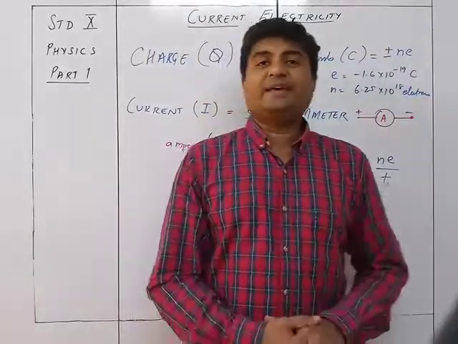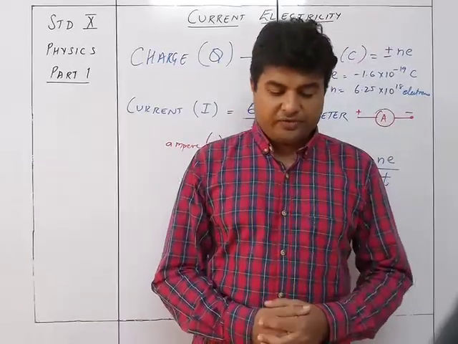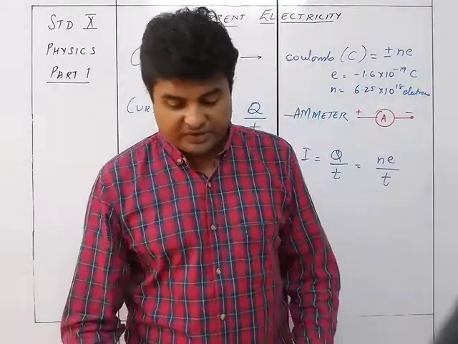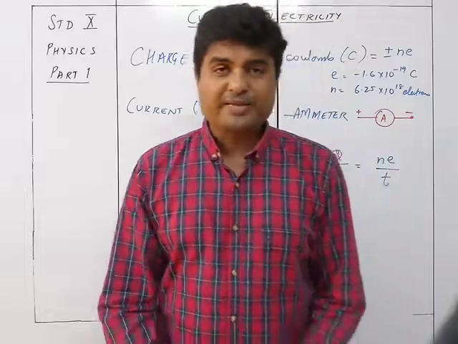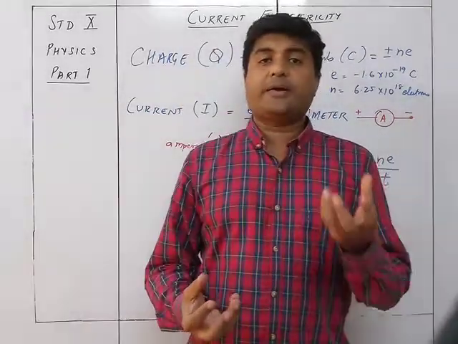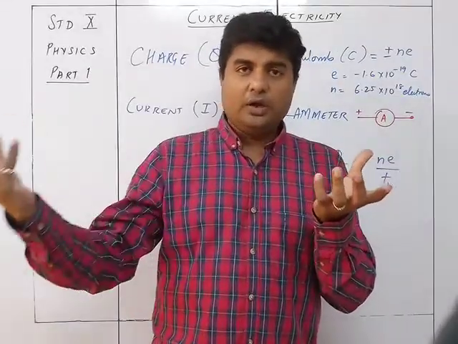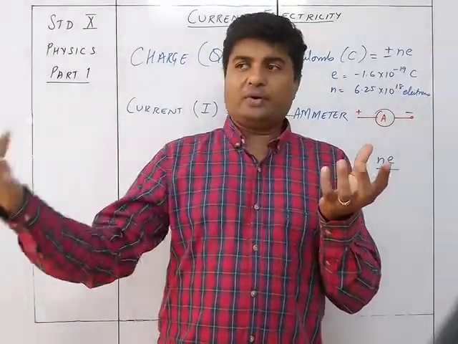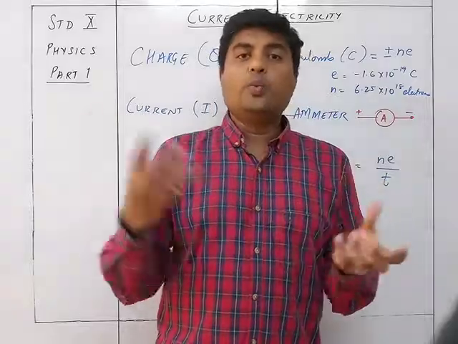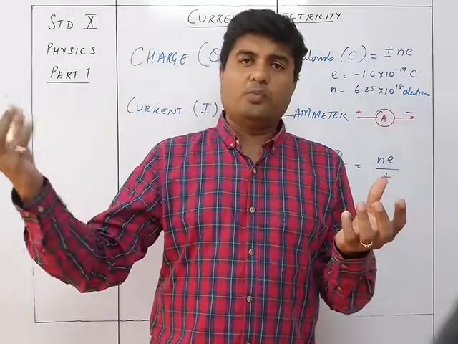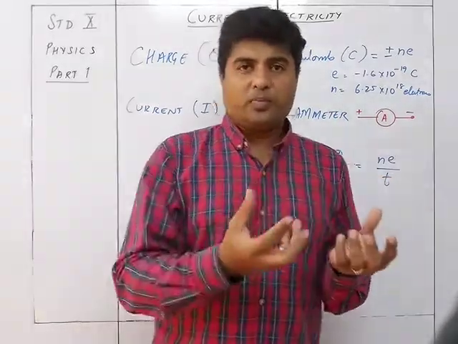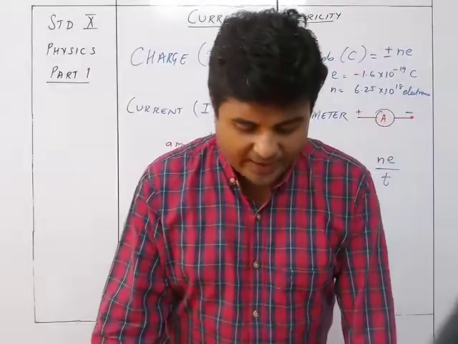The next one we see is the concept of potential difference. Now potential is basically the capacity of anything to attract the electrons towards itself, or the ability to move an electron from one point to another point. That means the work done in moving the electron from one point to another point is the potential of that point. So we have potential.